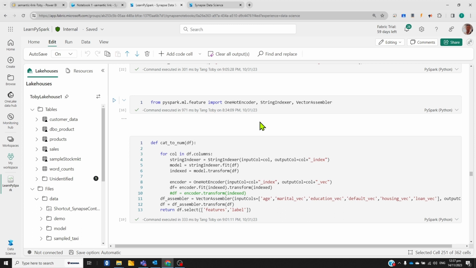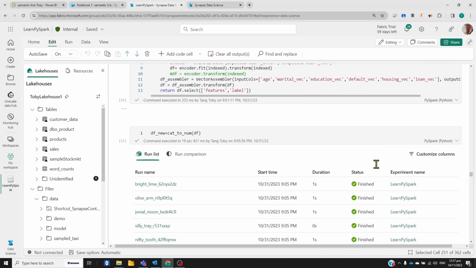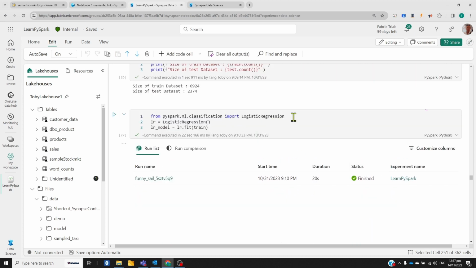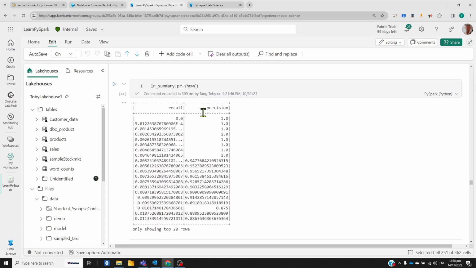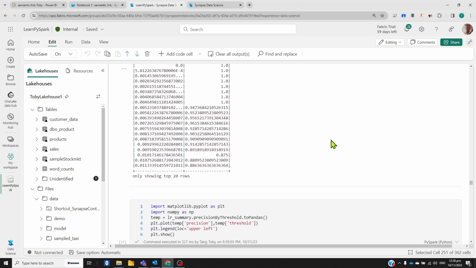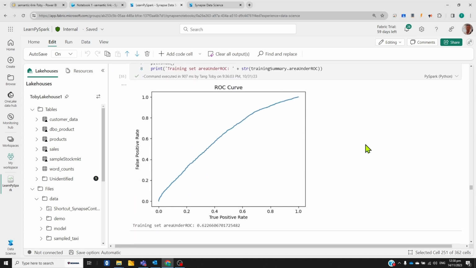Here, I am not using our business case, but just copied a notebook for machine learning as an illustration of the machine learning process. So here, first, it uses a one hot encoder, for example, to convert category data to numeric data and vectorize the data into vectorized formats. So it can run the machine learning libraries in Spark. And here you can see a logistic regression model, it fits the model. And you can plot precision and recall to show how good the model is. You can plot the ROC curve,